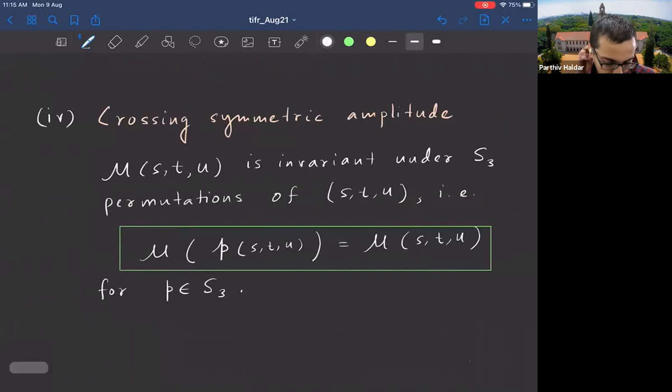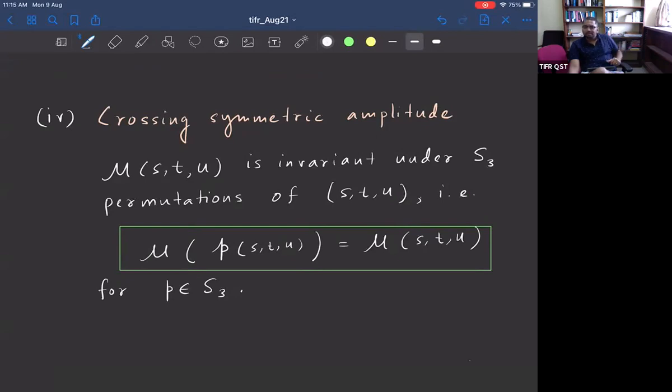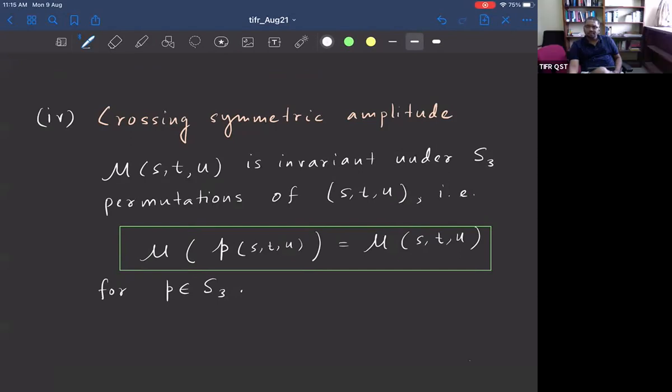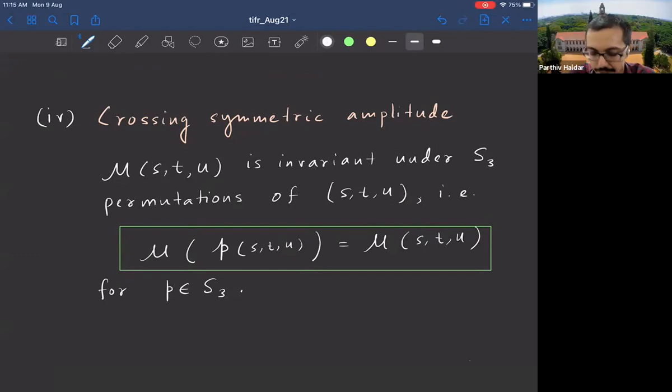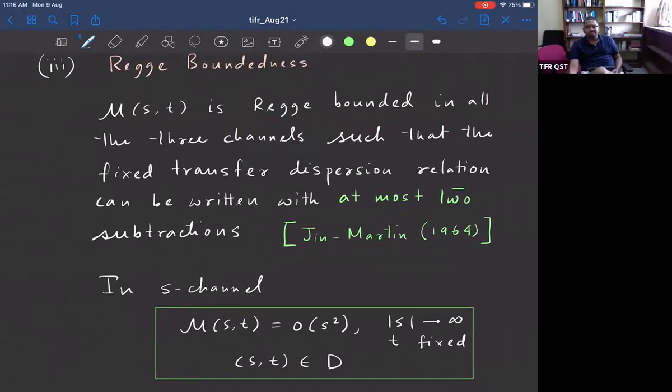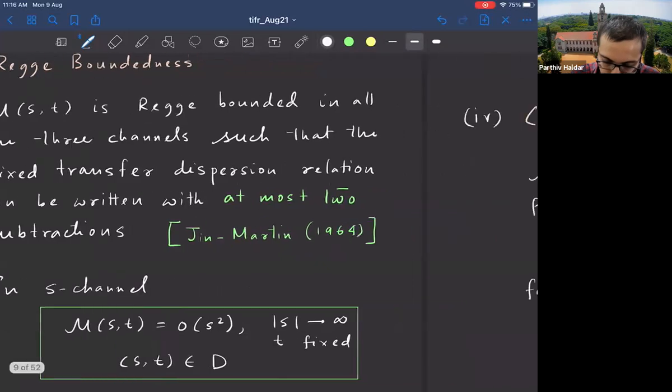Finally, I told you about one part of the crossing symmetry, and that is the presence of one enlarged domain which contains all the three domains of the three channels. But there is also, Sorry, Parthiv. Here you're talking about the full quantum scattering matrix, right? Or just the classical? No, it's the full quantum scattering matrix. I see. But usually the chaos bound relates to the classical part. I see. Okay. But here it's actually the full quantum scattering. So in that case, I would say this is a stronger result because it's a full scattering amplitude. Well, it's a different result. Yeah. Okay. Yeah, different.